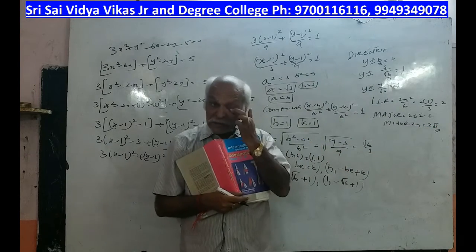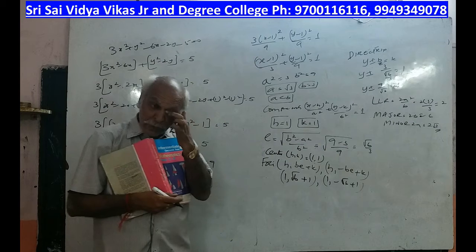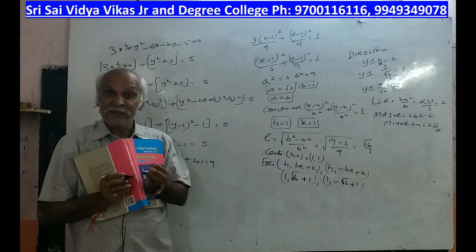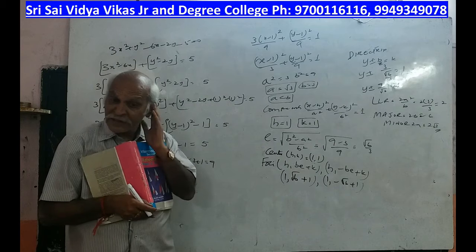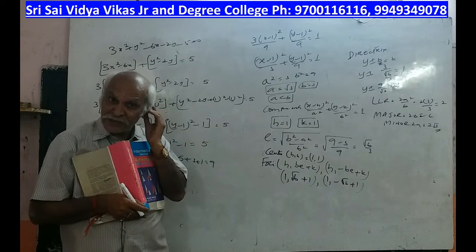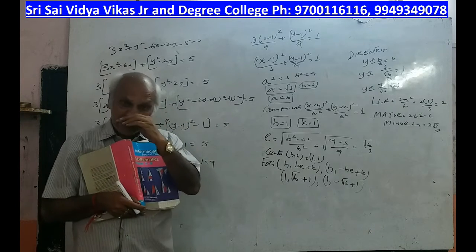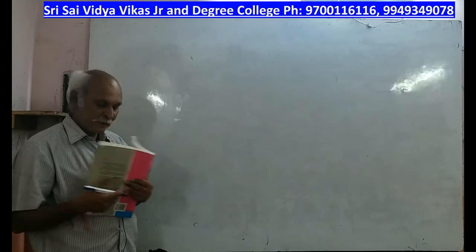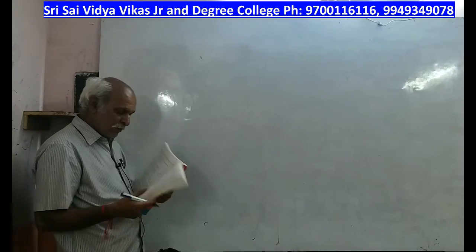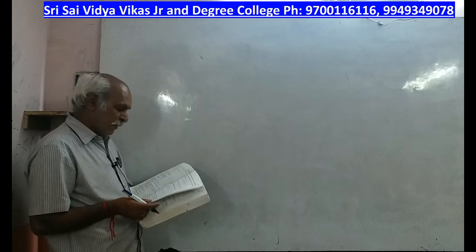So here we have seen 5 problems, sir. 3 problems are with a is greater than b, 2 problems with a is less than b. These models are very, very important because your portion has been reduced, so these types of models can be expected for the final examination. Please note down clearly. Right. Now we have seen how to convert into standard forms, meaning ellipse we have seen.